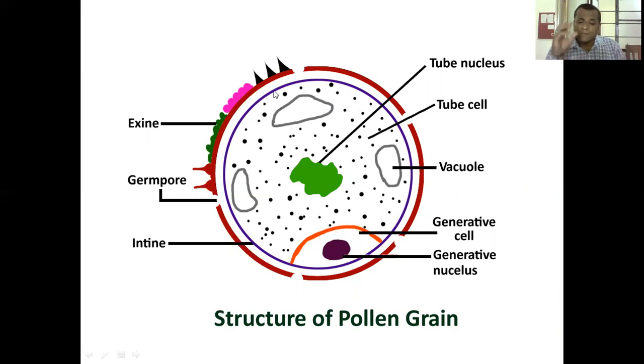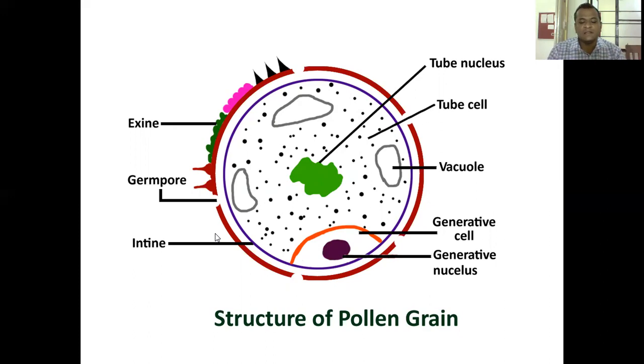The exine is always thick in nature while the intine is thin. The exine is not continuous. It is interrupted by small pores known as germpores. And at the time of pollen tube development, the intine comes out